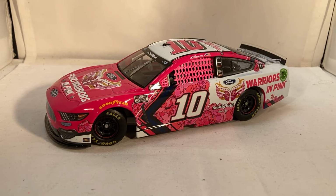I love when teams actually go all out with breast cancer paint schemes. I mean, some teams just kind of take the primary and change one color to pink. Some of those look good, I will admit. Some of them don't. Roush usually does the pink numbers every year, but for some reason they didn't do that this year. Every year throughout October, they usually have their cars with the regular paint schemes, but the numbers are pink for breast cancer awareness. And like I said, I was kind of hoping this year was going to be a chrome pink or something for Roush, and they just didn't run any, not even one. So that was really odd. Not sure why that happened, but...